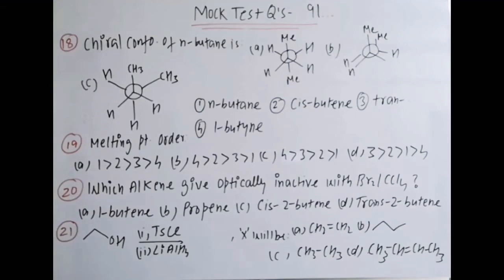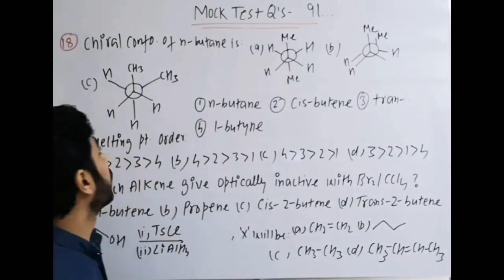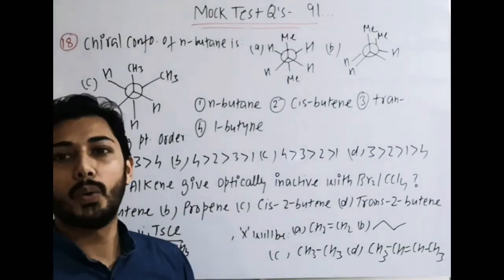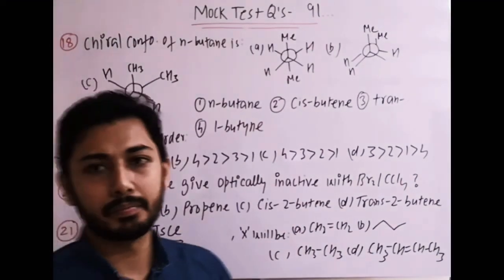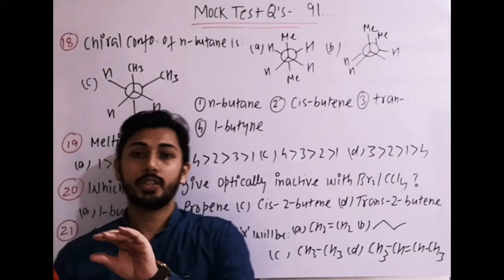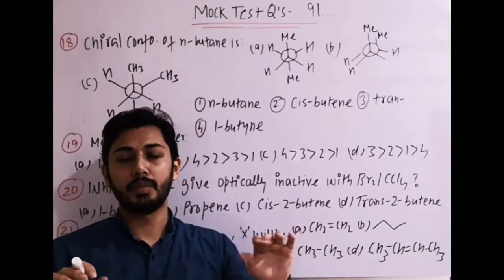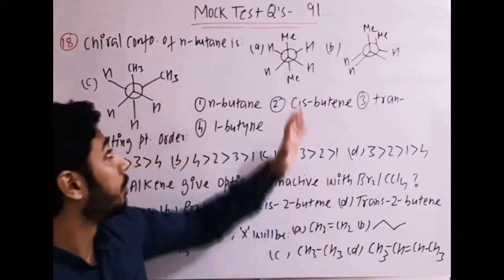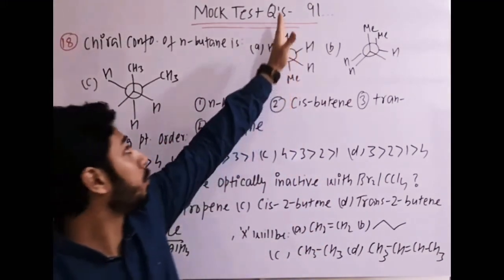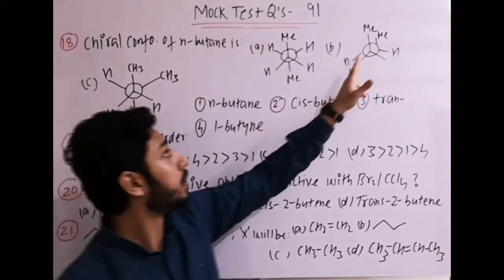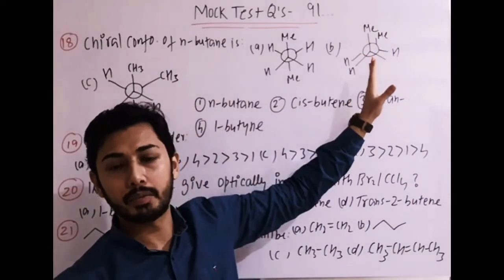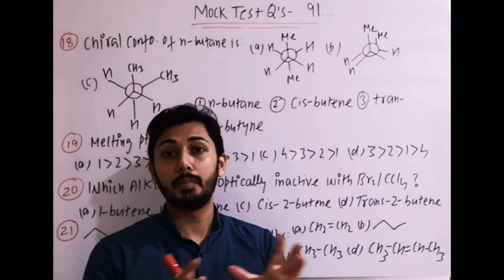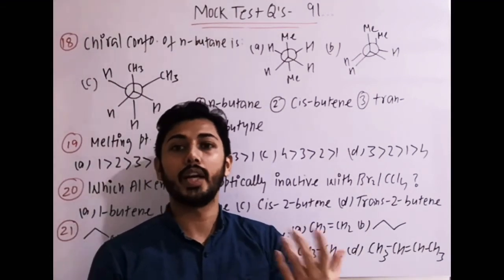Now the next question is a good question: chiral conformation of n-butane among them. So we know that n-butane overall is achiral, but in the interconvertibility of the conformers, in between, in the gauche form it becomes chiral. Why? Because you can see the first one is anti, where you will get a plane of symmetry. The second one is again a plane of symmetry, the eclipsed form. And among the most common interconvertible forms we take the stable ones, like gauche conformation or anti.